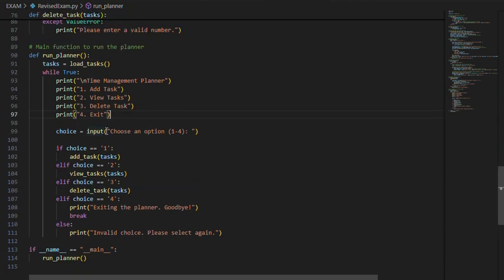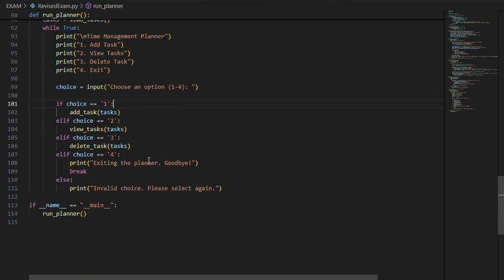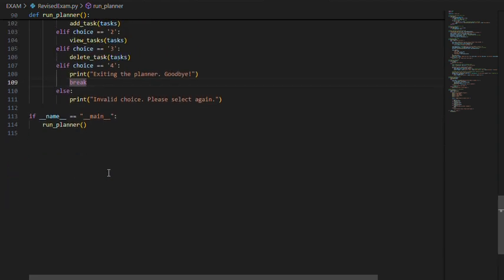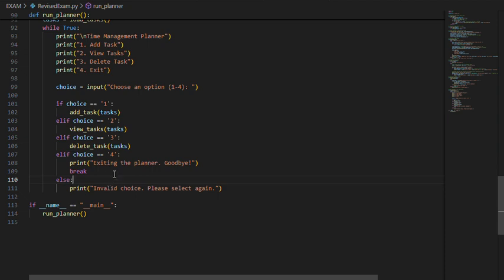It will prompt the user to choose an option from 1 to 4. If the user chooses 1, it will print out the add task. The next is 2 is view task, 3 is delete task, and 4 is exit, and it will print out exiting the planner and goodbye. And it will stop the code or the program.